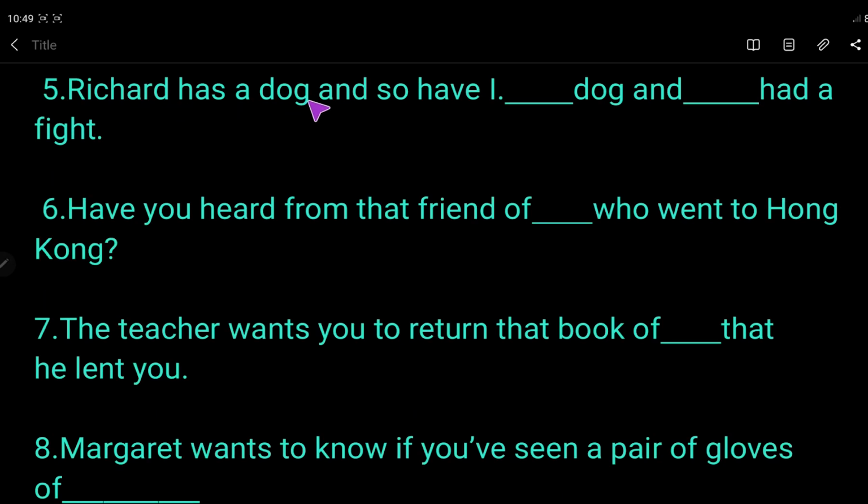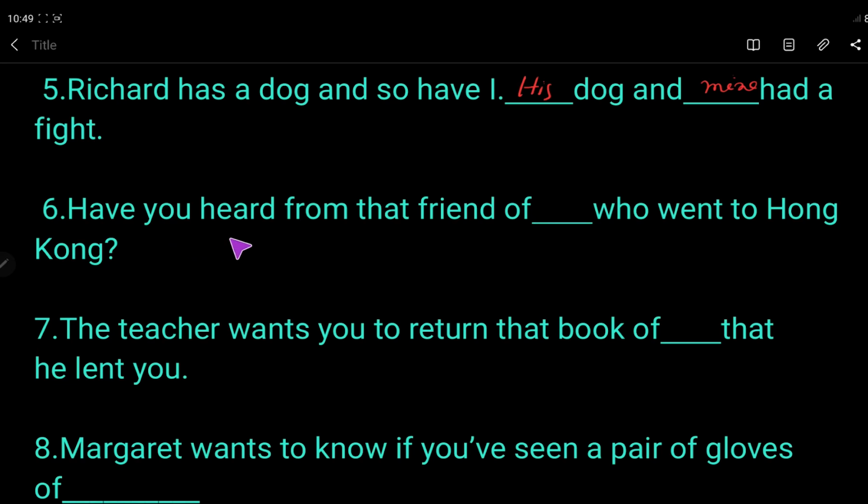This sentence: "Richard has a dog and so have I." Here there is a noun after the first blank. So according to my rule, if you find a noun after the blank, you will use a possessive adjective. So for Richard we can use the possessive word "his dog." And in place of "I" we can use a possessive pronoun, that is "mine." Why mine? Why possessive pronoun? Because after the blank there is no noun. So I will write "his dog and mine"